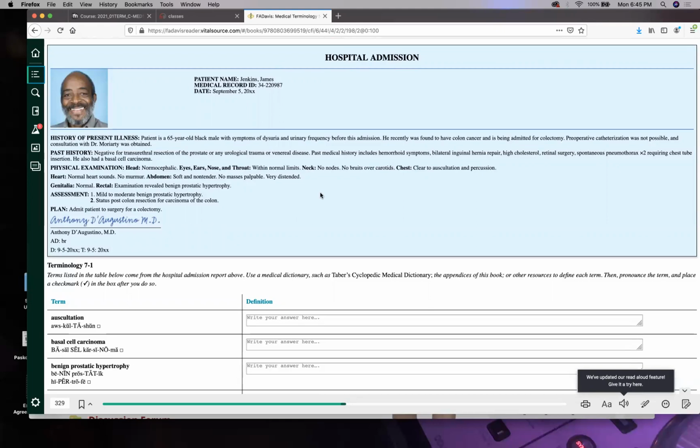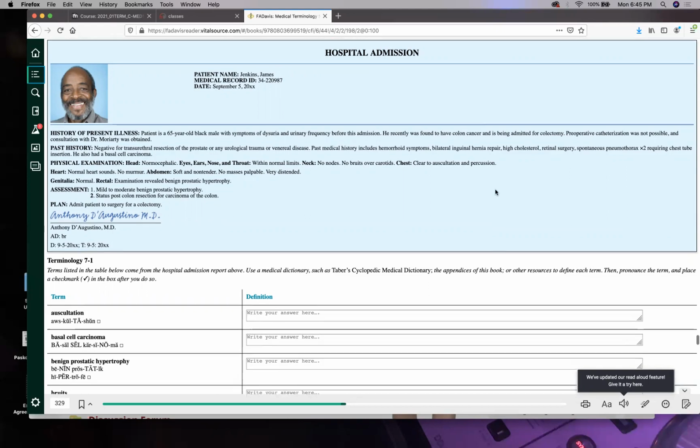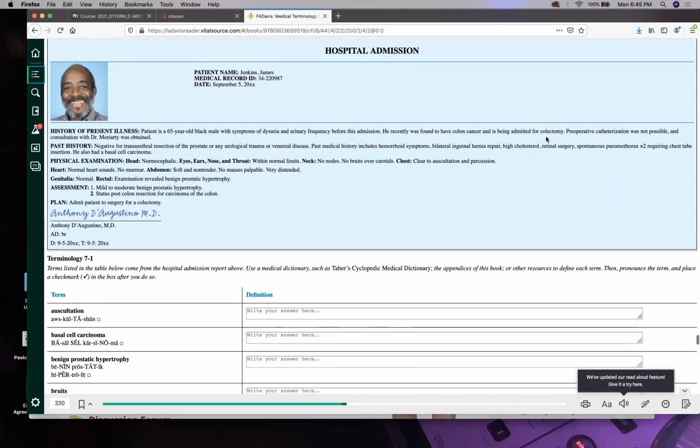Did he have cancer? Was he urinating too little or too much? He was urinating what? Too much, right? Oh, he also had cancer. There you go. Why were we admitting him? Because we want to do surgery. We want to do a colectomy. What surgery specifically was he admitted for? Well, ectomy, to remove his colon.